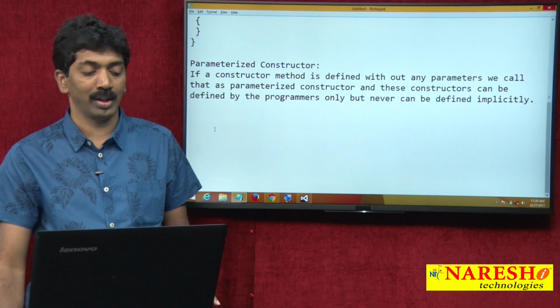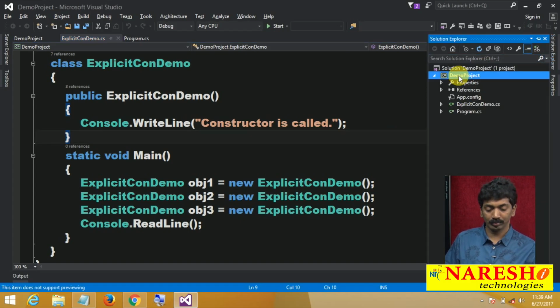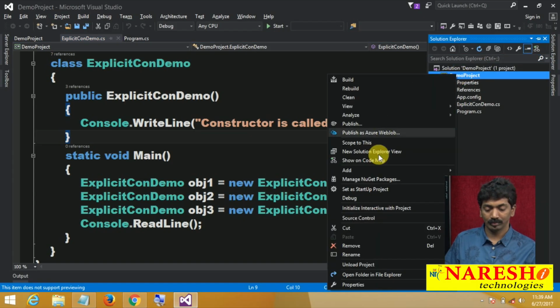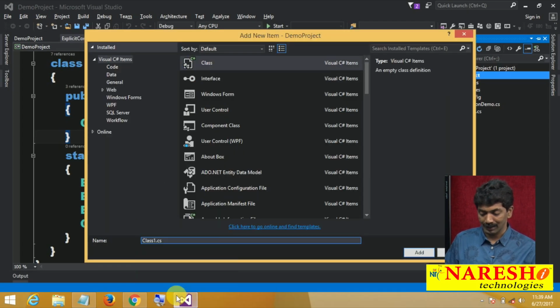So let us try a parameterized constructor today. I am going to add a class. I'll call this class ParameterizedConDemo.